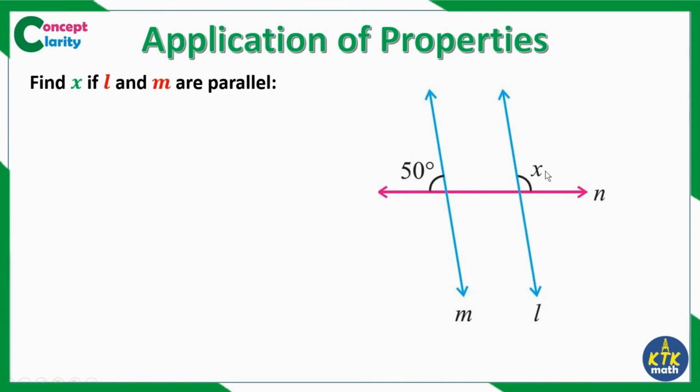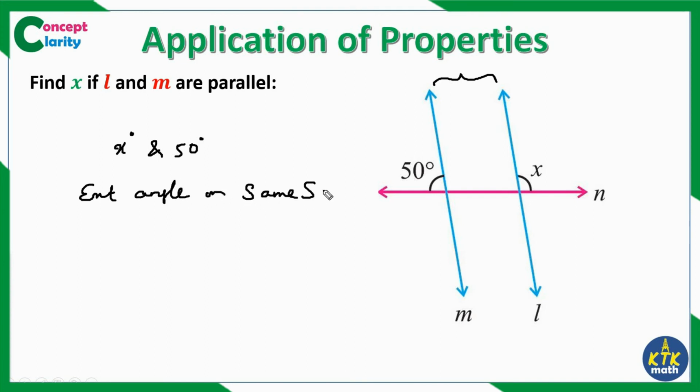Now check out this question. Here, the same x and 50 are given to you, but how are you going to name the angle in this case? Both lie outside the parallel lines, and both angles lie outside, so they are exterior. Both are on the top side of the transversal, that is, on the same side of the transversal. So these are exterior angles on the same side.